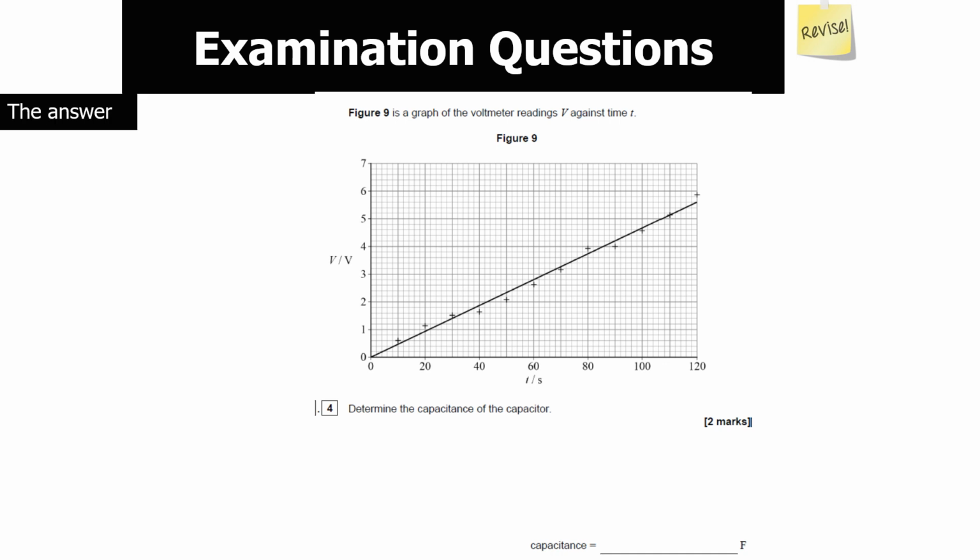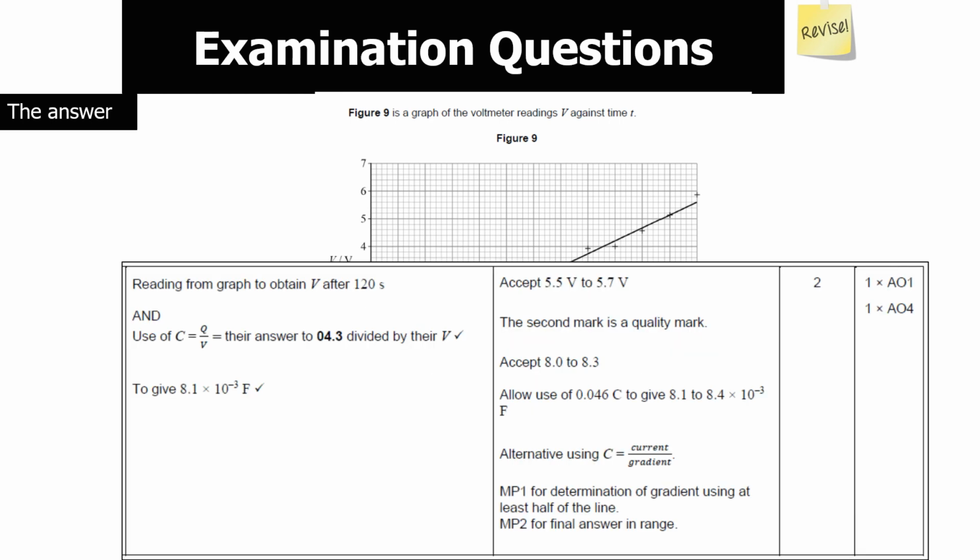Right, so how can you answer this particular question? Well, we know that capacitance is going to be Q over V, so you can't work it out from the gradient of the line, but what you can do is take values from the graph. Take a reading from the graph to obtain the value of V after 120 seconds. You're going to get between about 5.5 and 5.7 volts from how you've read that particular graph. You can then use the equation capacitance equals Q over V, and we'll know what our charge is because